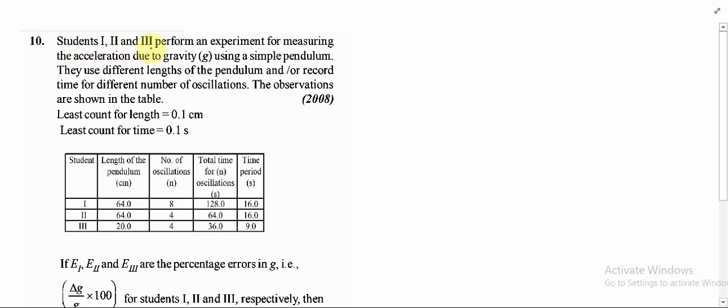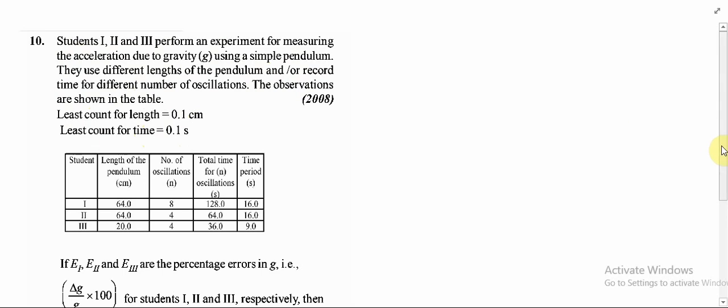Students 1, 2 and 3 perform an experiment for measuring the acceleration due to gravity using a simple pendulum. They use different lengths of the pendulum and record time for different number of oscillations. The observations are shown in the table. So the least count for length is 0.1 centimeter and least count for time is given as 0.1